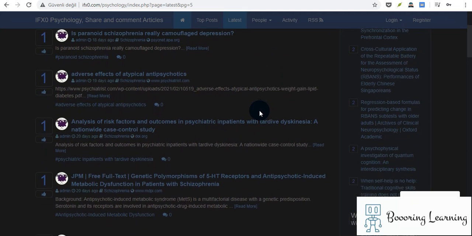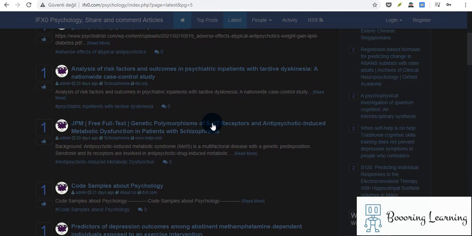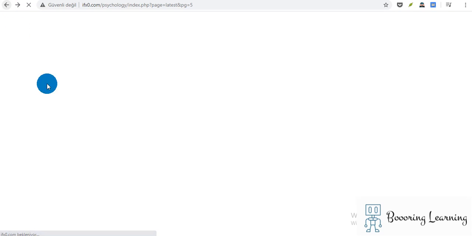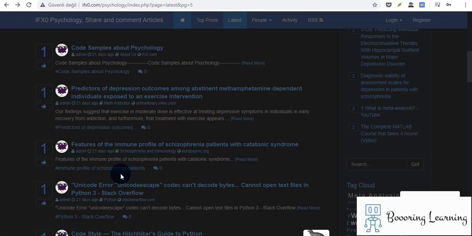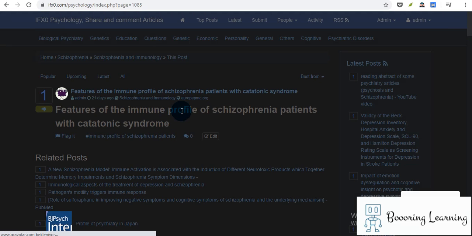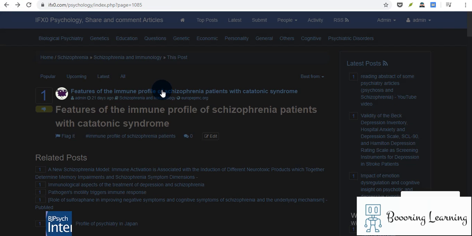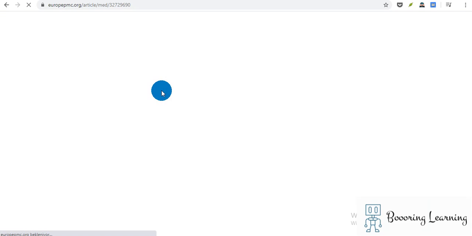So let's choose this one, or let's choose something else, not a genetic one. I hope we can see the full article, not only the abstract. So after clicking that, this link directs us to the